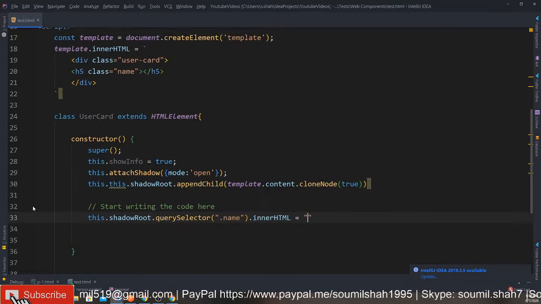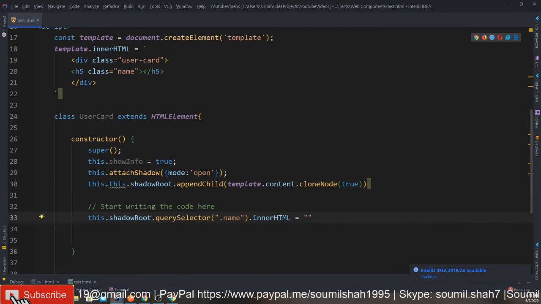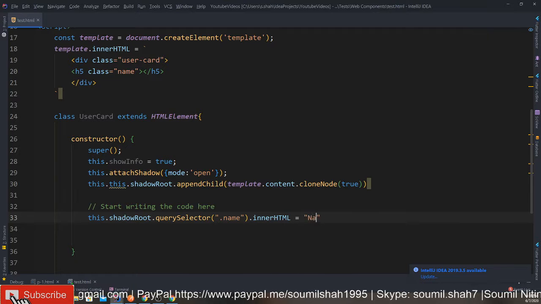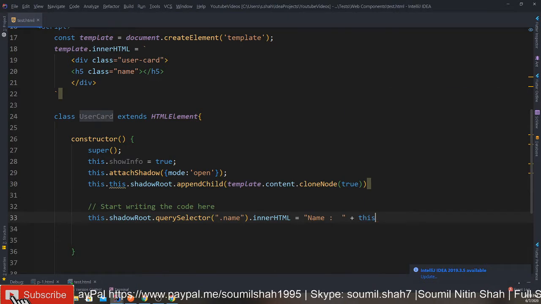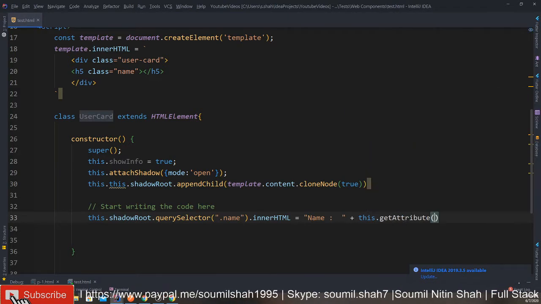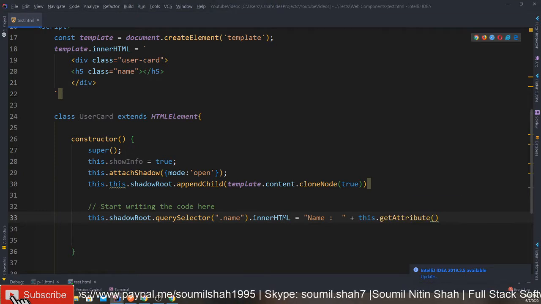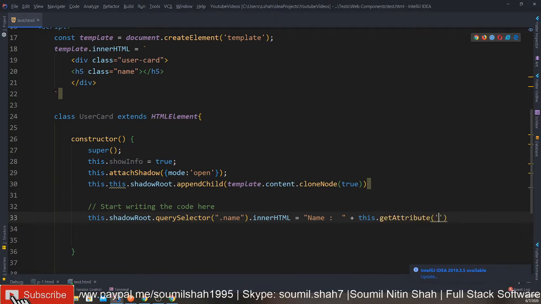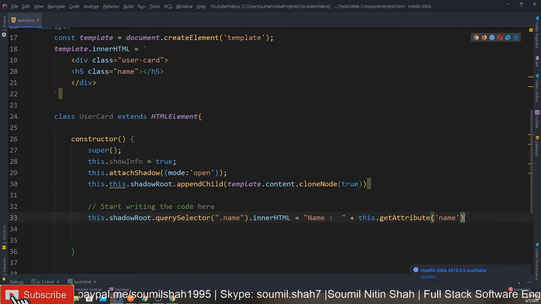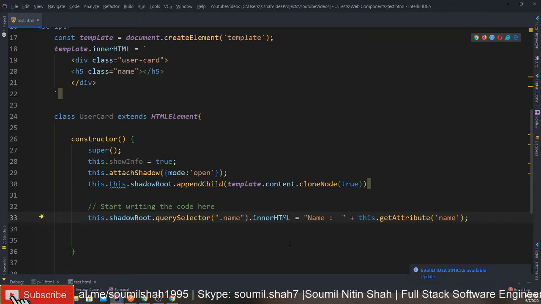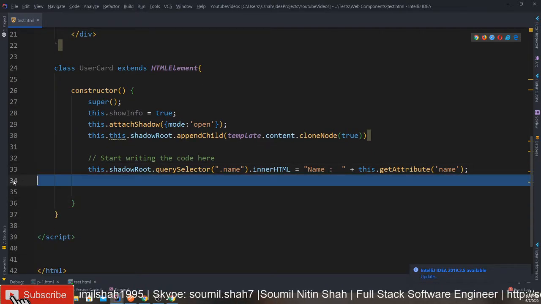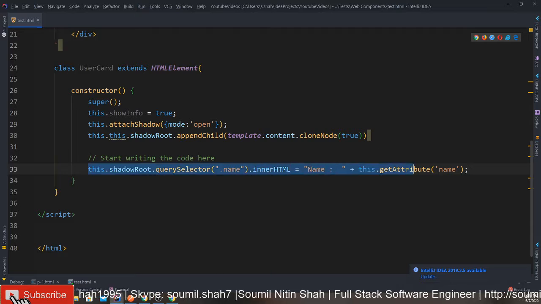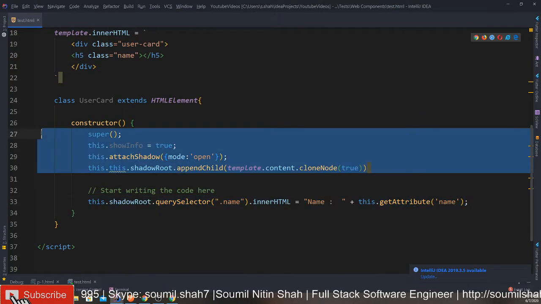And what do you want to change with this? So basically we will add your name, some space, and we'll use this keyword to get the attribute, this dot get attribute, and you want to give it the name of that attribute. Of course in our case it's name because that's what we are passing. So we have done that, right? Now all you have to do is declare the class. So you have completed it. Remember, only one thing you have to know is basically start writing code from here. This is usually the standard format.